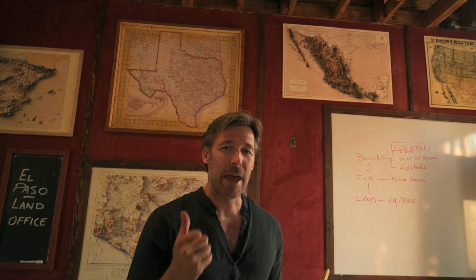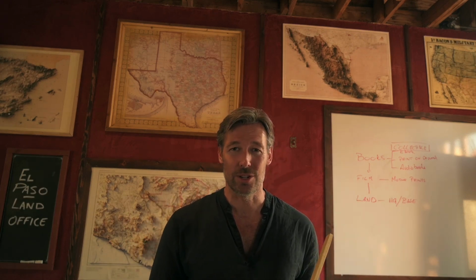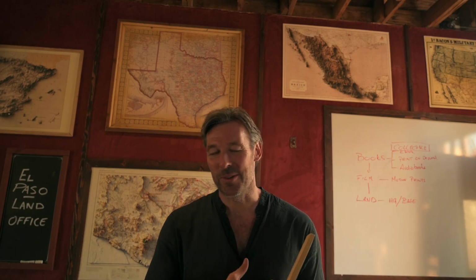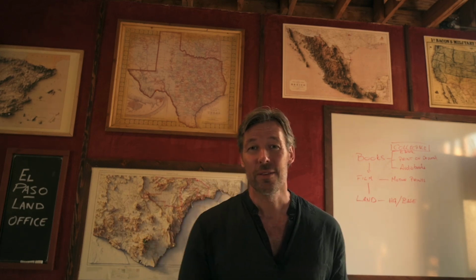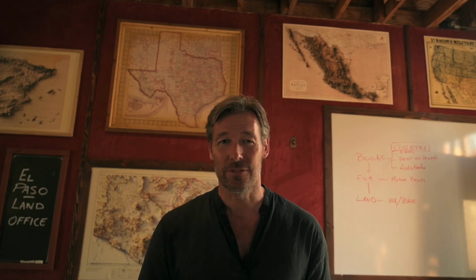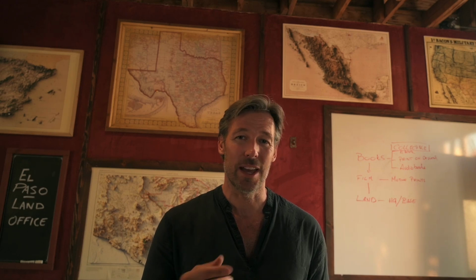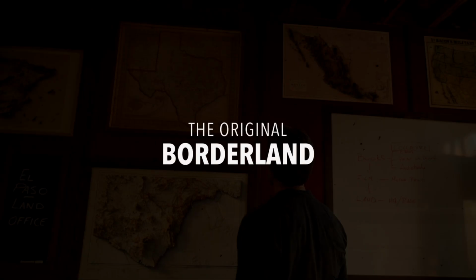Okay, now we're going to look at the maps behind me, because we've done a global search to find the right locations to emulate the 1880s. That's not as easy as you would think, because there's very little land preservation and conservation around the world. There's power lines, there's modernization, and it's not so easy to find. What we've been looking for is what looks like the borderland between the US and Mexico, hence the word El Paso Verse. That's basically the center point of,